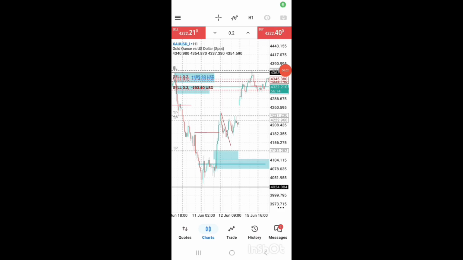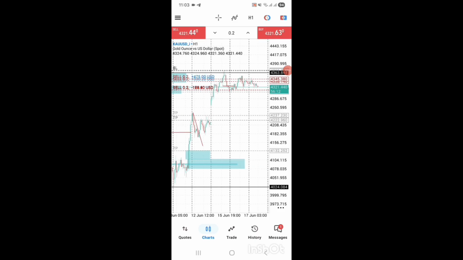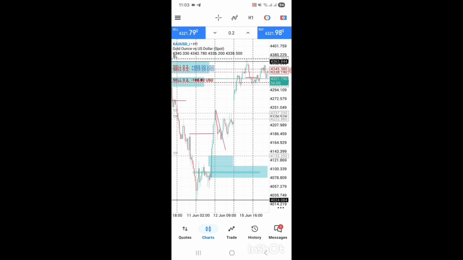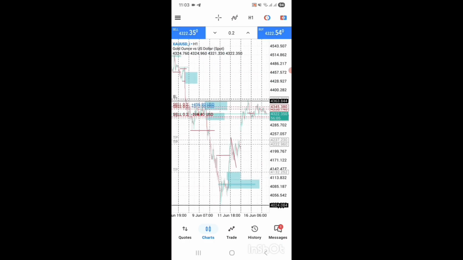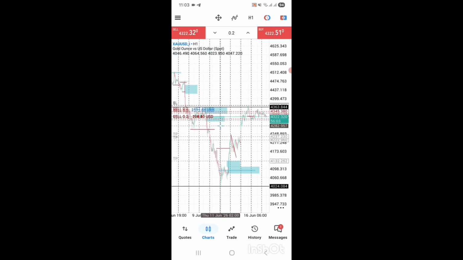Another day. Oh, and I struggle so with that sell. I'm holding on to that sell because what I've seen is that this high that I was anticipating here to be mitigated and price to go down to come right here, it's not gonna work because this high is taken out right here by this candle.